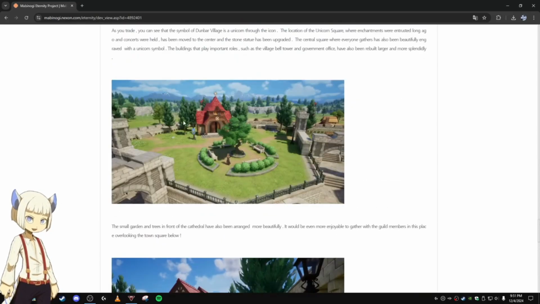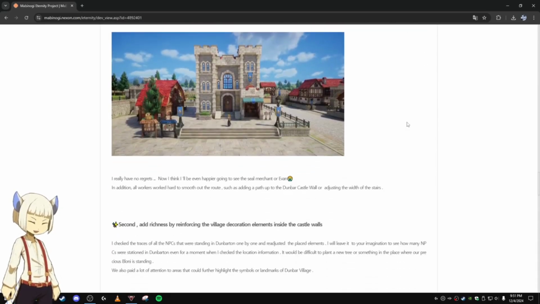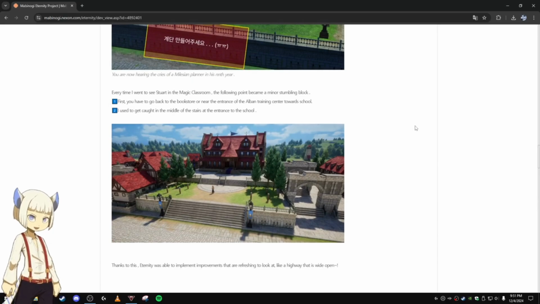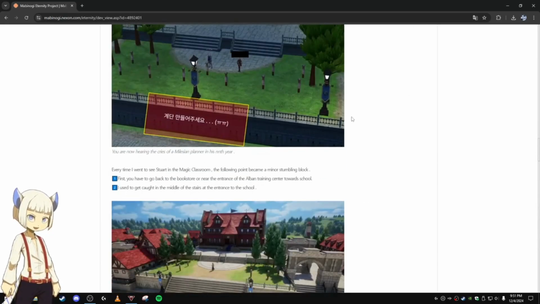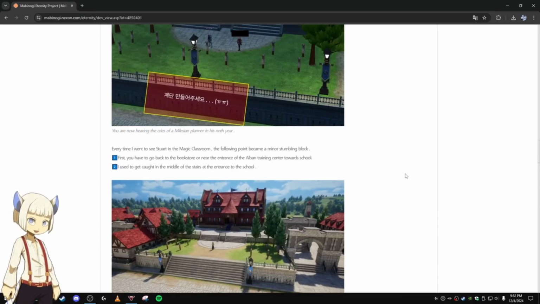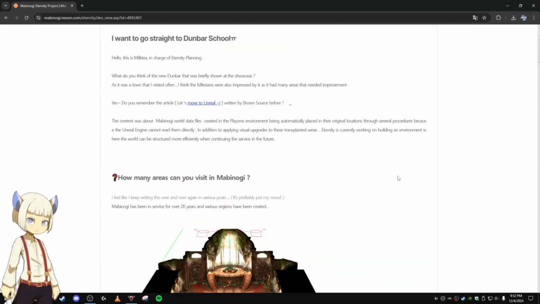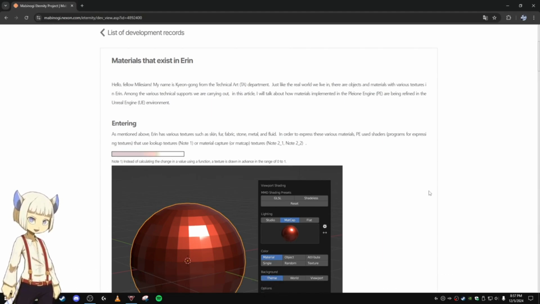So yeah, these are the changes to Dumbarton in Unreal, and personally I think they did a very good job. This looks very good. It still looks like Dumbarton, and it not only looks better, it is better. They actually fixed some of the flaws with it without drastically changing the way Dumbarton is. So that's very good. Okay, so we'll be looking at another post in the Eternity section on the Korean site